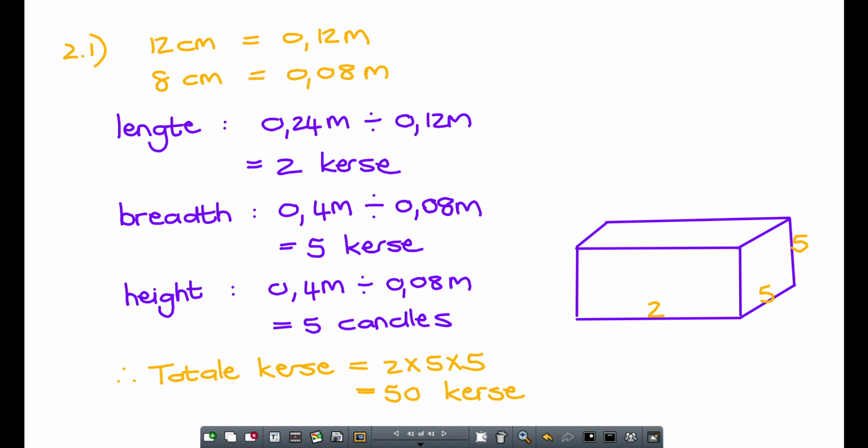Kan ek maar skiep gou hier? Sal iemand wat nog skryf? Anyone still copying? Okay, so